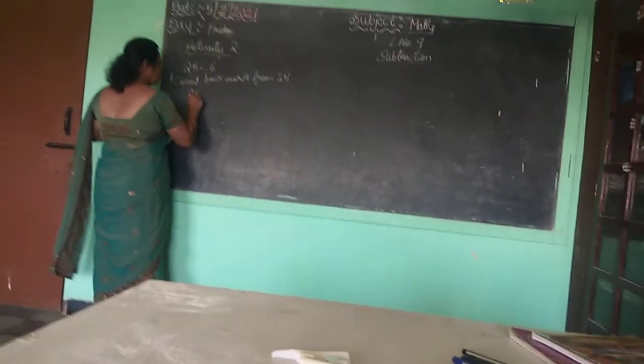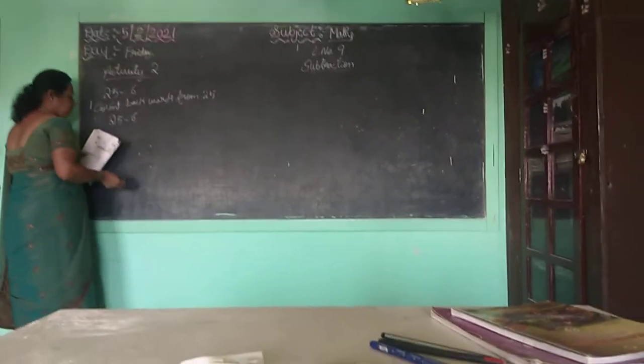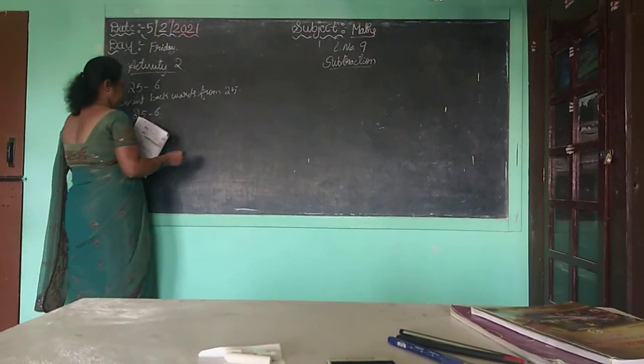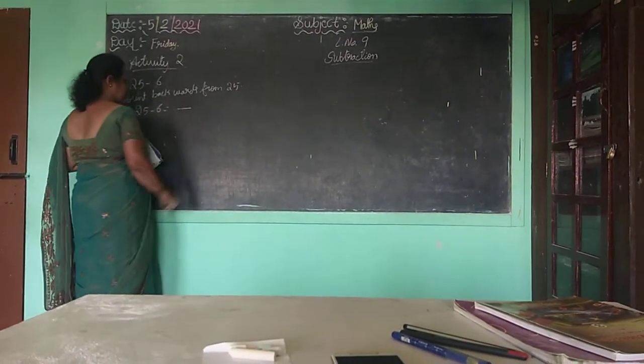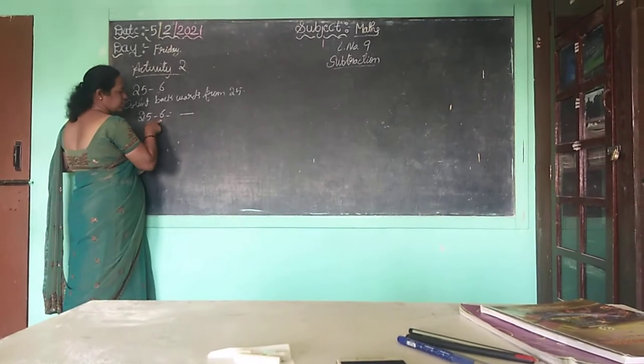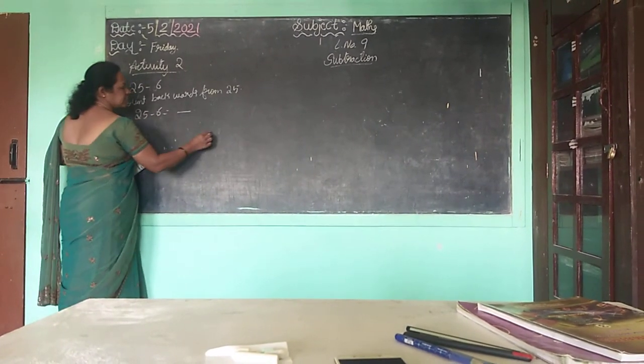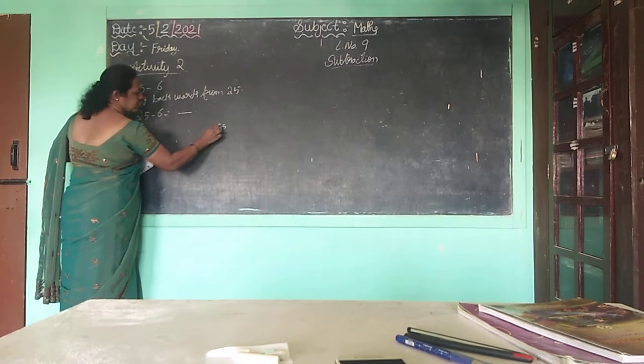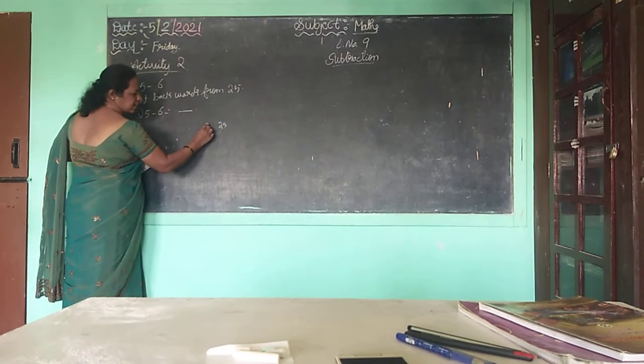So 25 minus 6, count backwards from the 25. Okay, that is equal to how much should we write here? So 25 minus 6, backward counting, how much from 25 you have to come back? See, 25. Next what? Backward. 25, next is